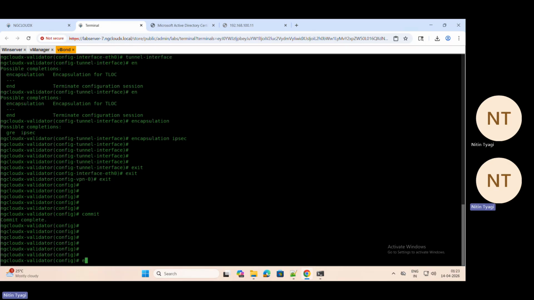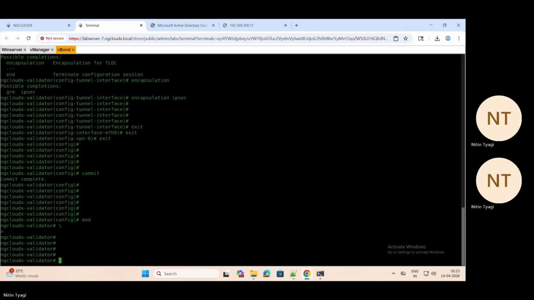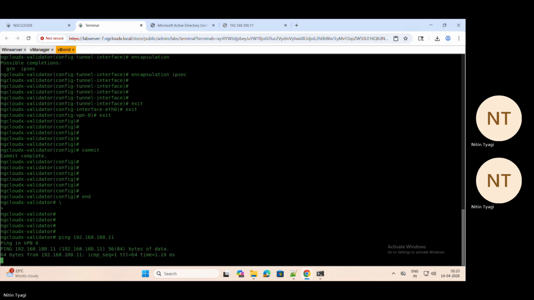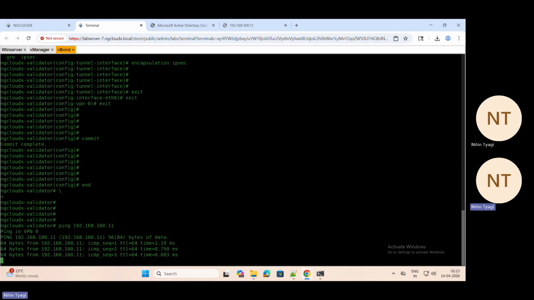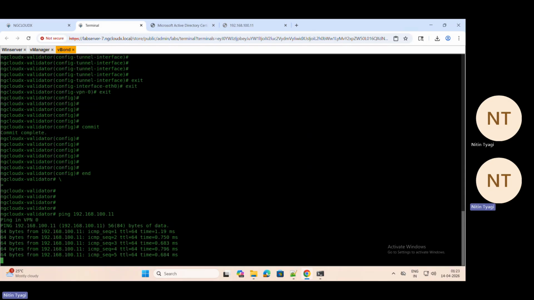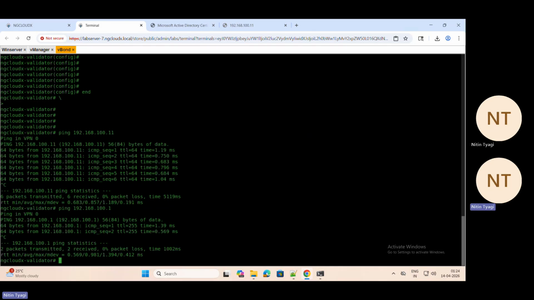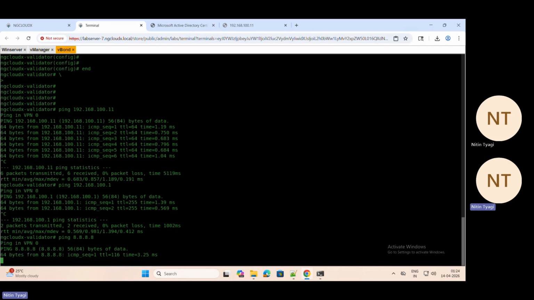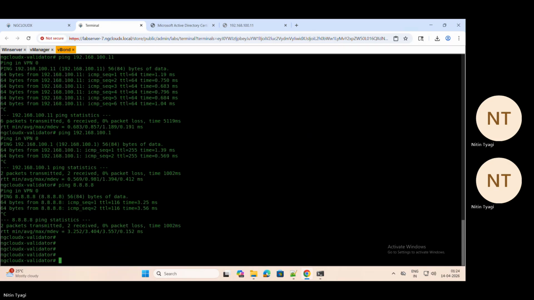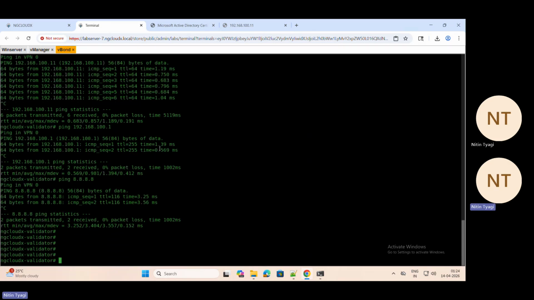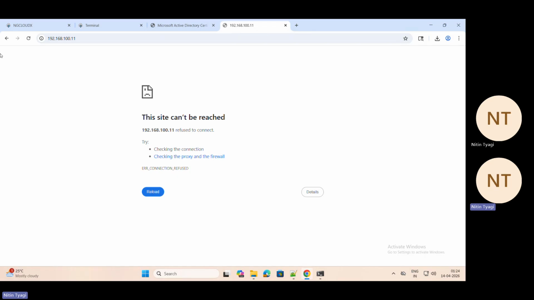Okay, so let's try to ping the vManage 192.168.100.11. Pings are coming, which is good. Try to ping your gateway. Pings are coming. Try to ping 8.8.8.8. It's working. So vBond has been configured,